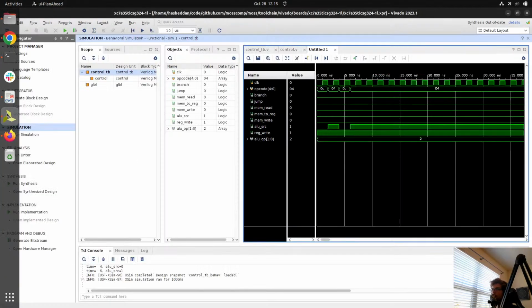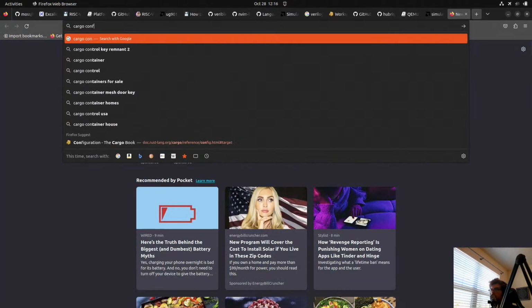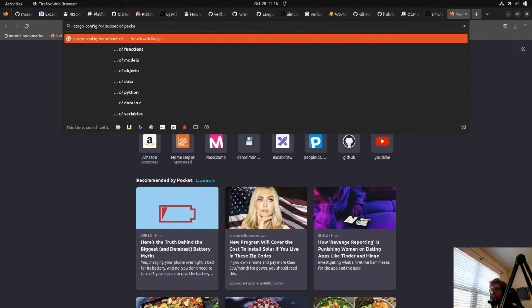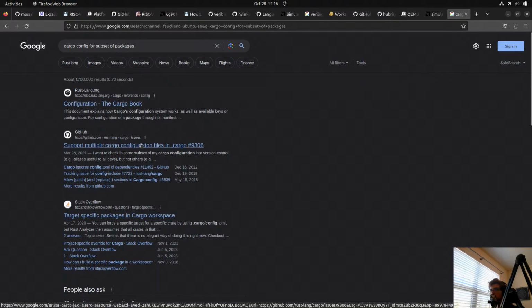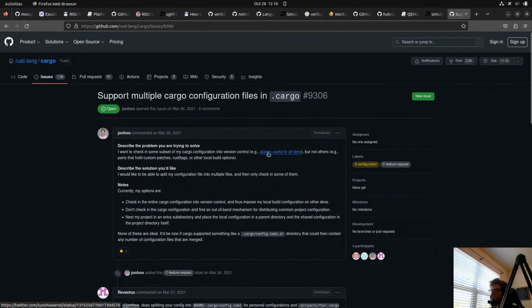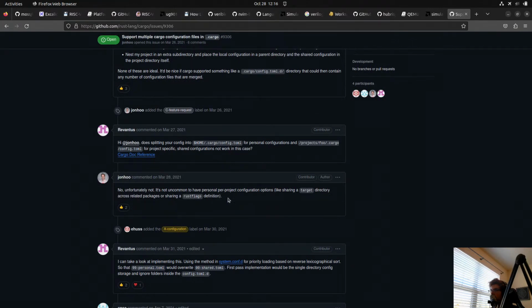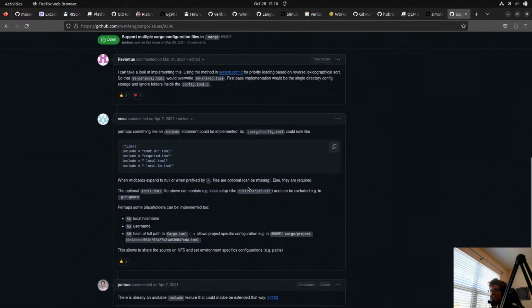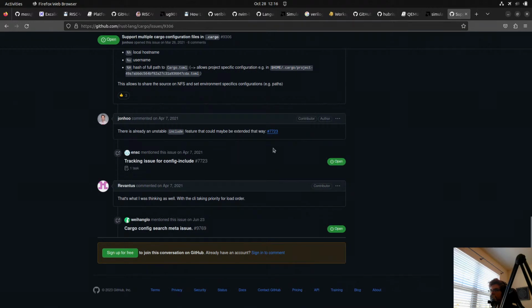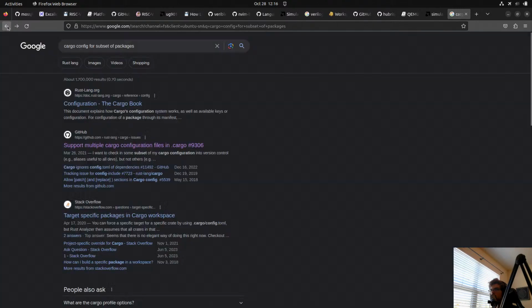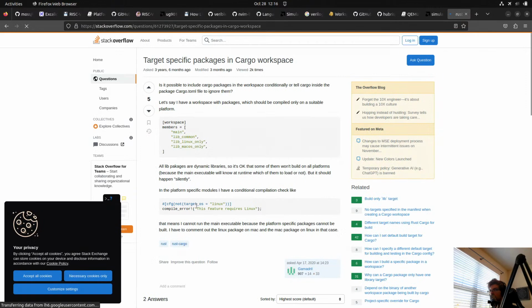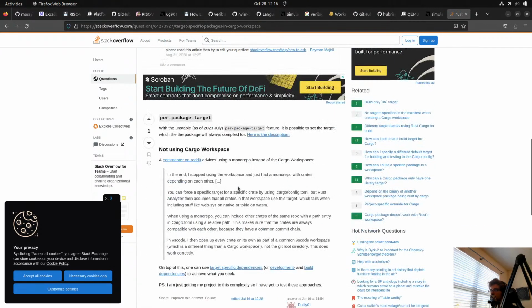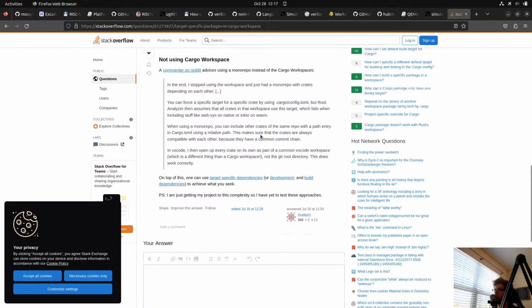So we want to set cargo config for a subset of packages. Per package target, that's cool.